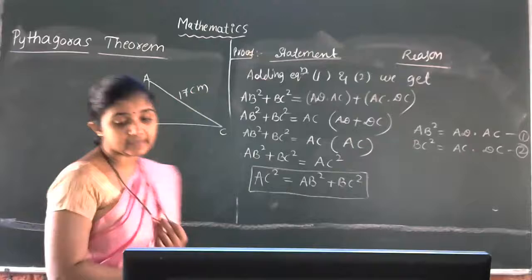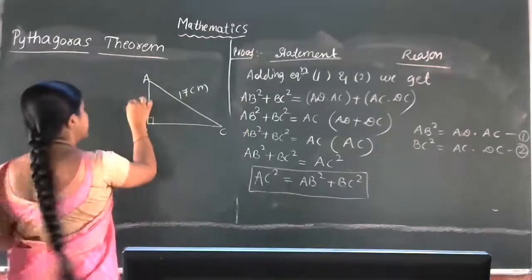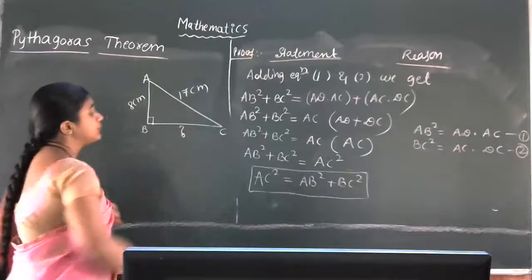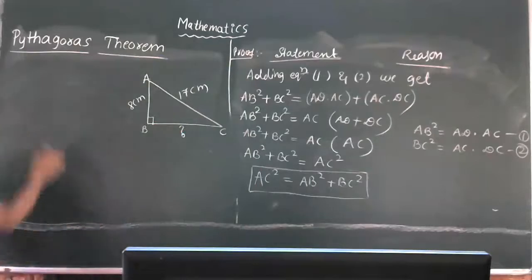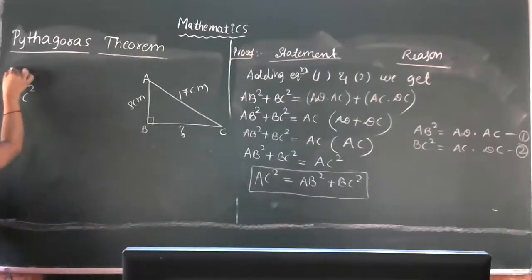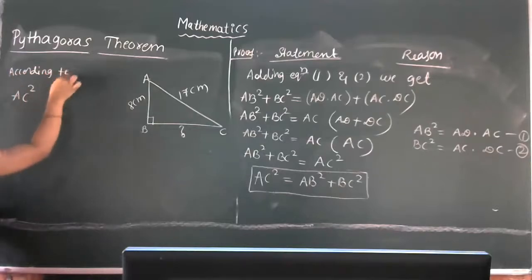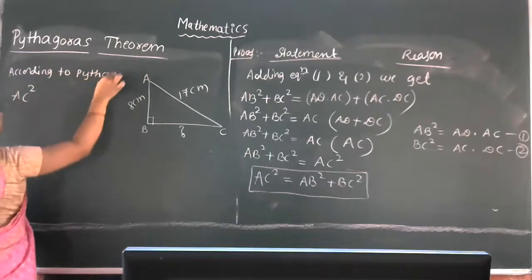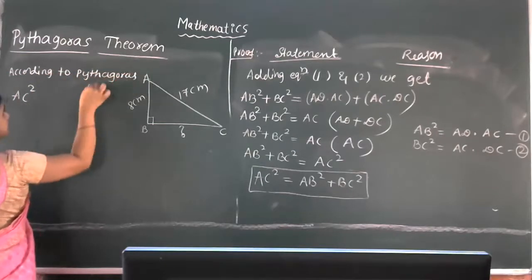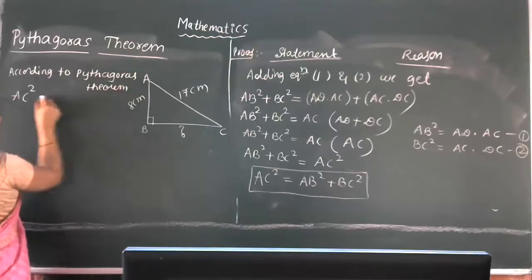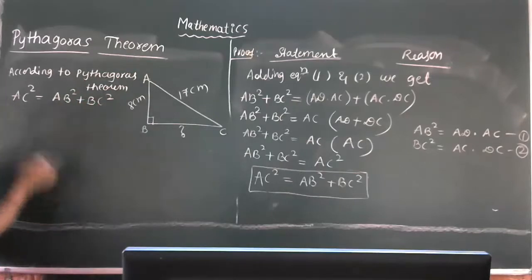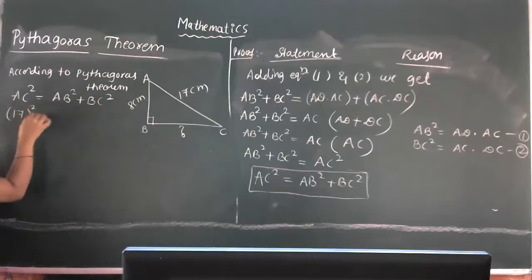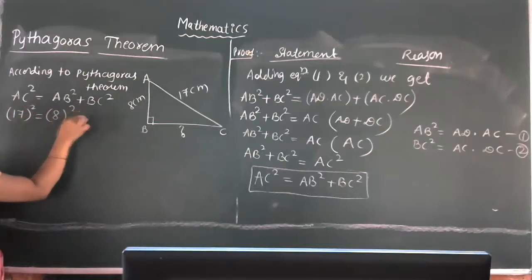But we have to know the statement of that one. Can anyone tell me the converse of Pythagoras theorem? Can anyone define the converse of Pythagoras theorem? Raise your hand. Who is ready to define it? Is the converse of Thales theorem for the exam? No, I told you, the converse of Thales theorem is not for the sake of examination, only Thales theorem. Same type, the converse of Pythagoras theorem, we have to know for knowledge purpose, but not for the examination. Who is ready to give the definition?